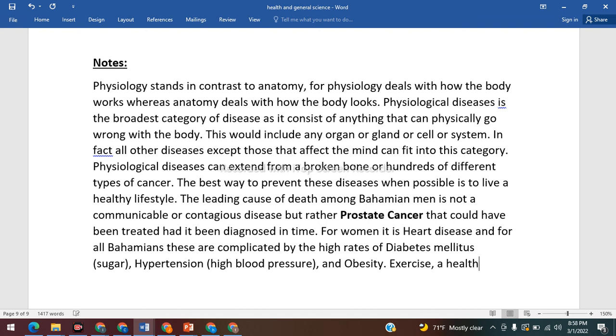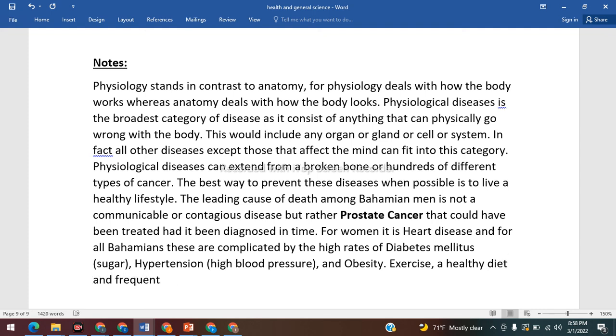So exercise is healthy, especially while a young man. When I was young, I used to be in everything. Basketball, soccer. Exercise, a healthy, balanced diet. Pandemic wasn't out. Yeah, we didn't have no pandemic though. So we missed some exercise. Exercise, a healthy diet,